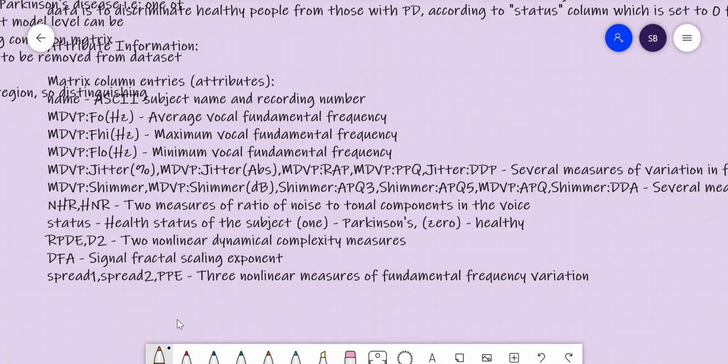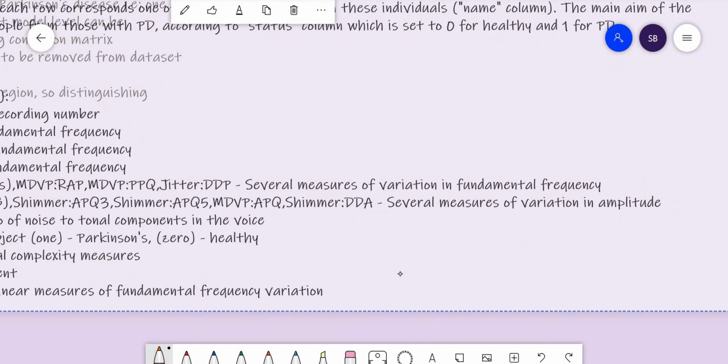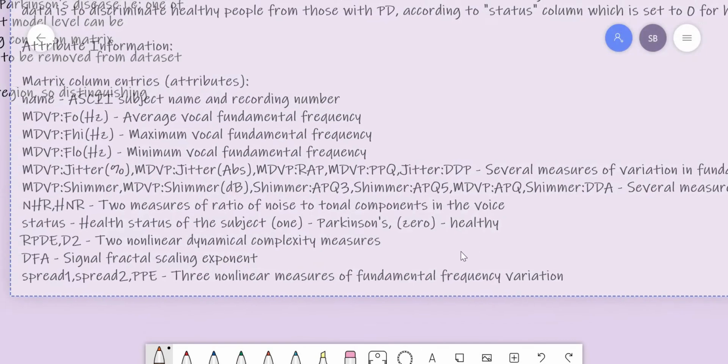Moving ahead, we are having something called shimmer, MDVP shimmer, MDVP shimmer dB, and all these columns are several measures of variation in the amplitude. The previous ones were measures of variation in the frequencies, and these columns represent measures of variation in the amplitude of the data.